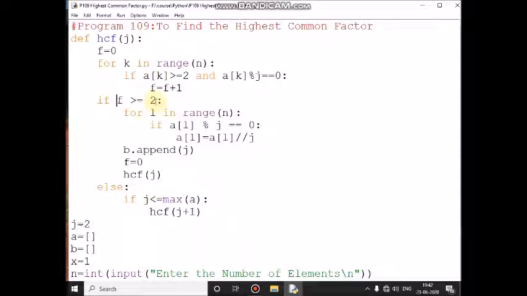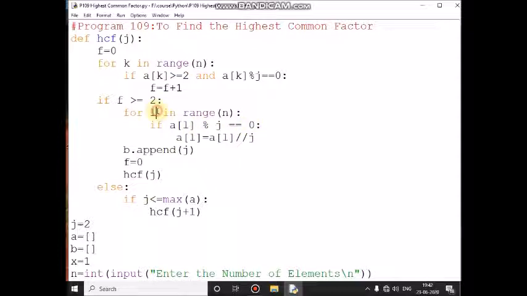Control comes here, if f value 2 greater than or equal to 2 means condition is true, then control comes inside the if. Here I am using a loop, l value 0 less than 4, n value 4, condition is true. A of 0th location 5 modulo 3 means remainder 2 equal to 0 means condition is false.